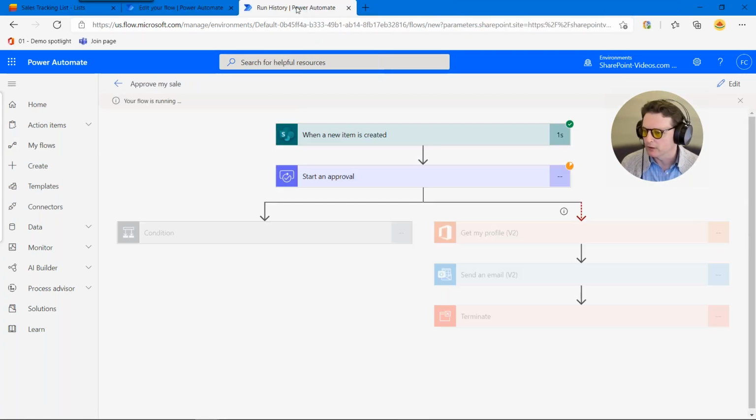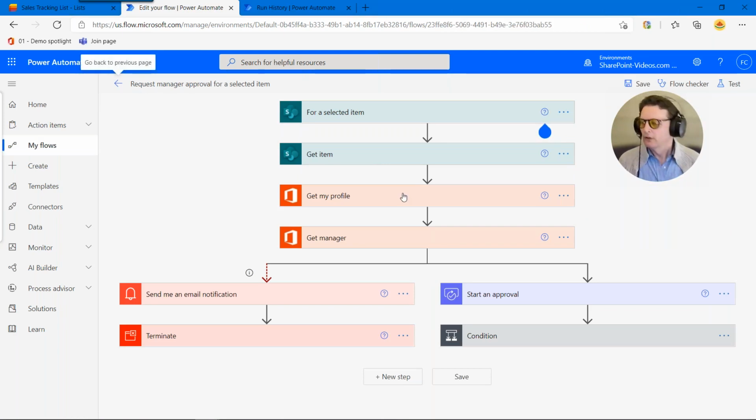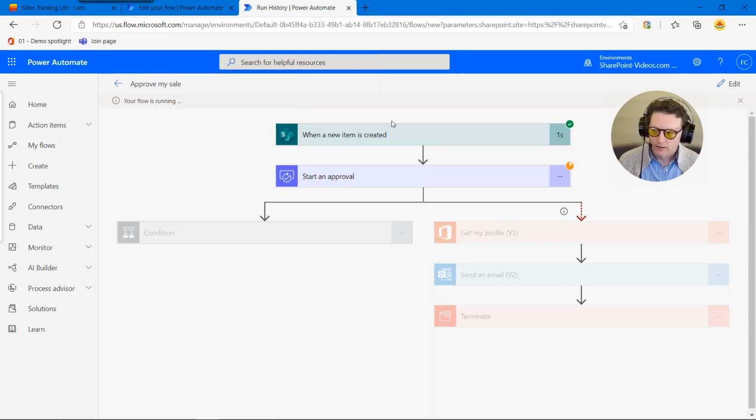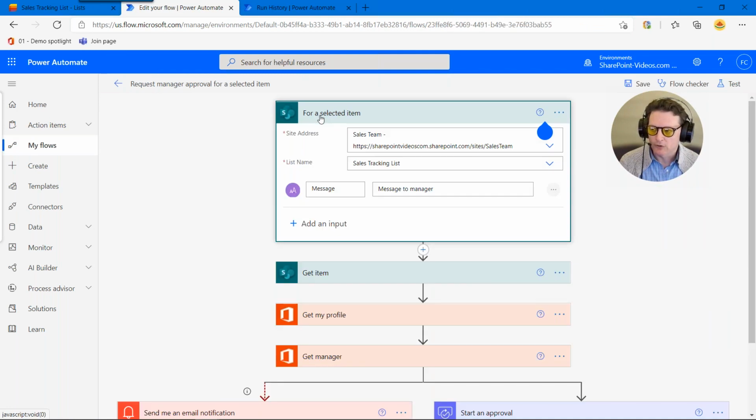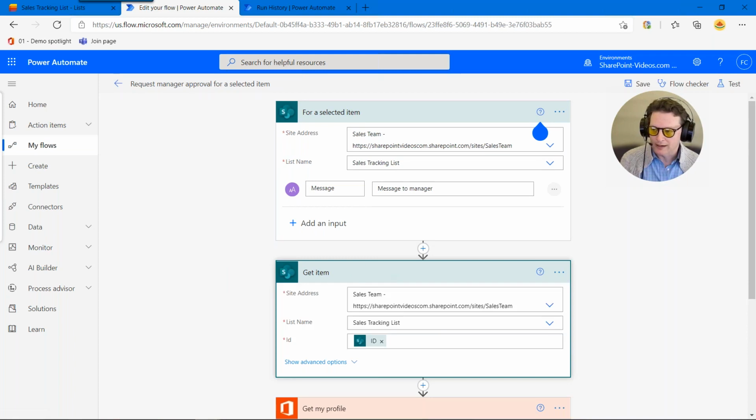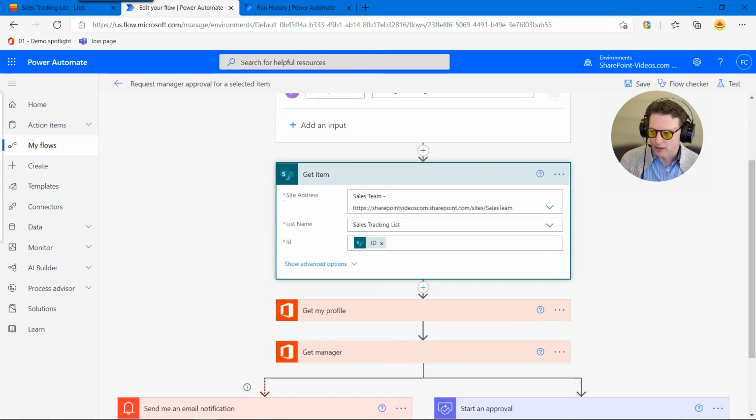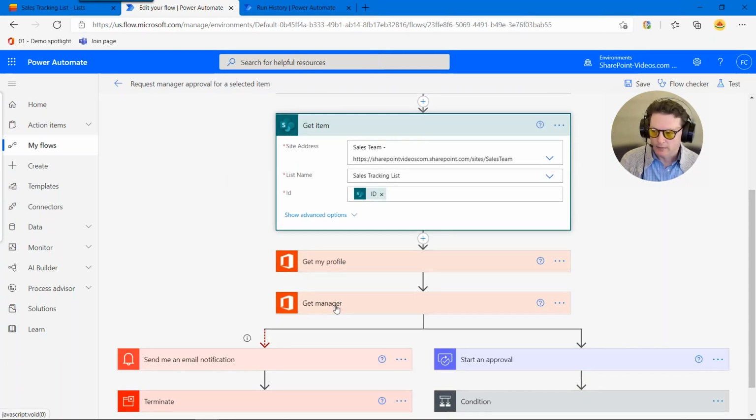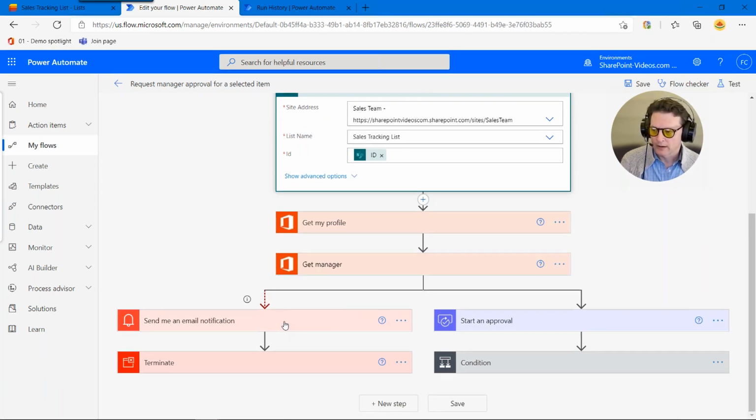Before we dig into the details, let's check on status over here. It is still thinking, it looks like. So let's talk about the differences. You remember in our original flow over here, it happened automatically when a new item was created. Our trigger here is different. It's for a selected item. So we choose an item in the list, and then we manually kick off the approval. Once we've chosen to do that, it's going to get all the details about that item right here. It's going to find out who I am, look up my manager, and then it's going to,